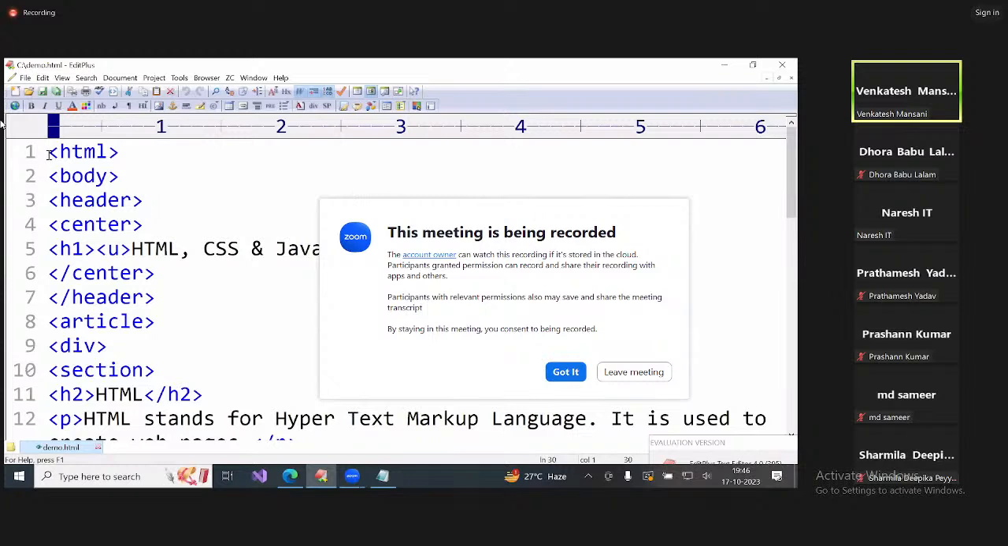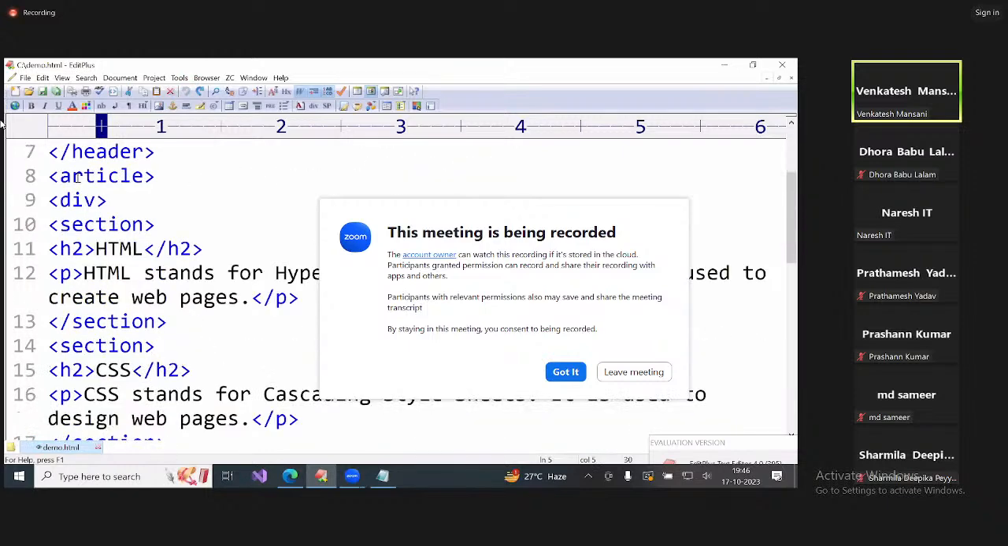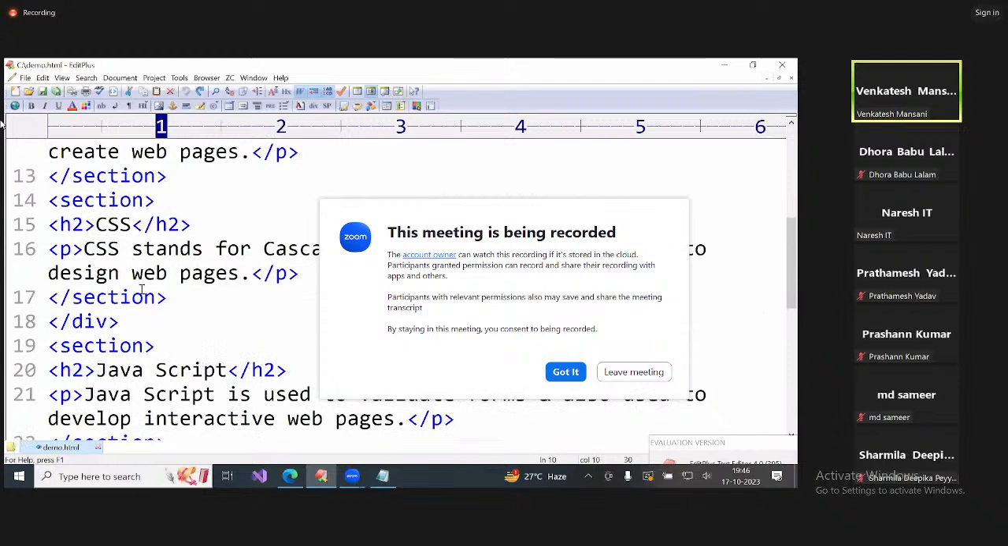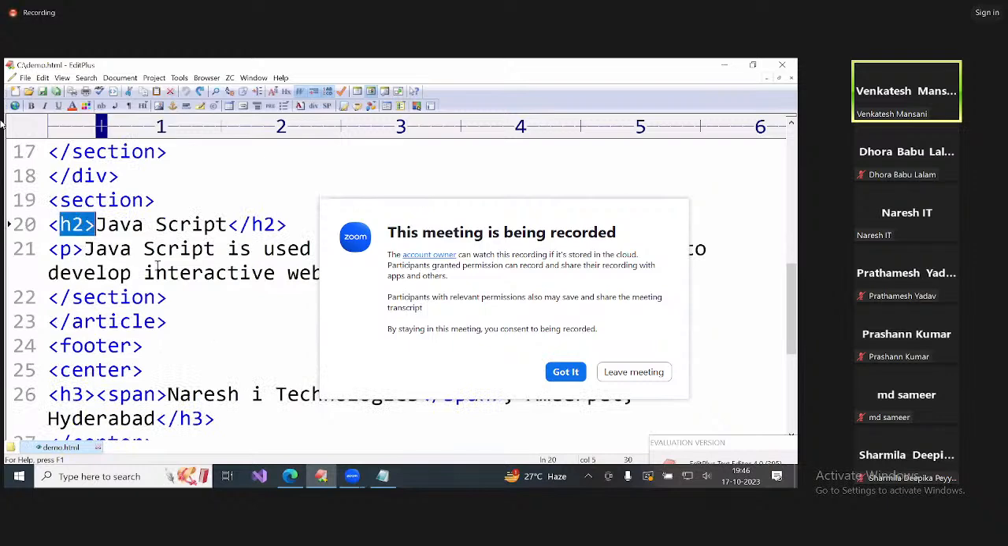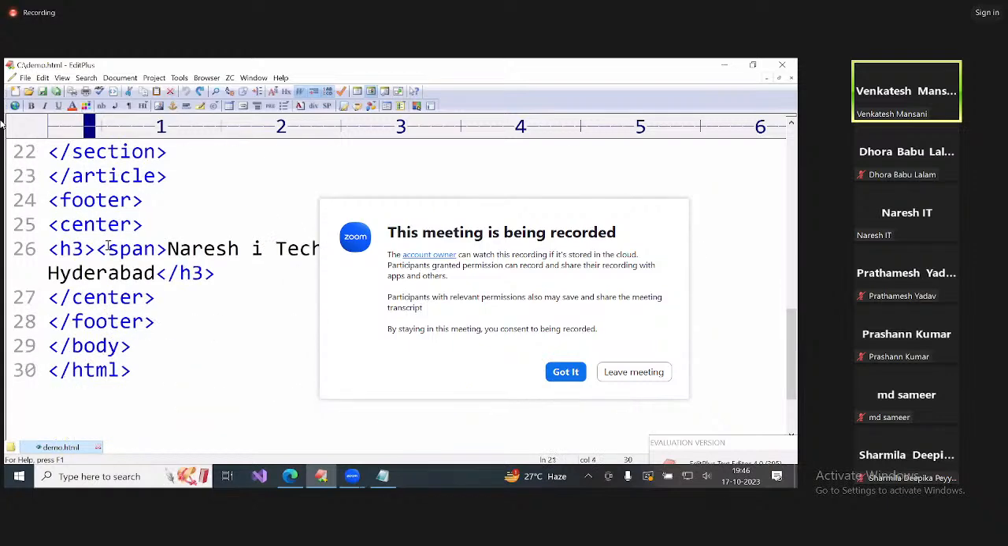Now, HTML, which category? Basic tag. Body, basic tag. Header, semantic tag. Center, formatting tag. H1, formatting. U, formatting. Okay. Article, semantic tag. DIV, non-semantic. Section, semantic tag. Okay. Here H2, formatting. P, formatting. H3, span,